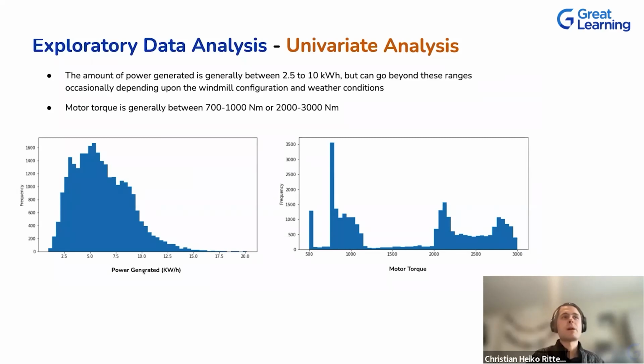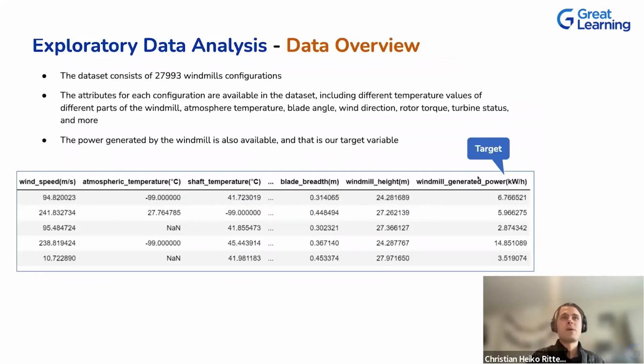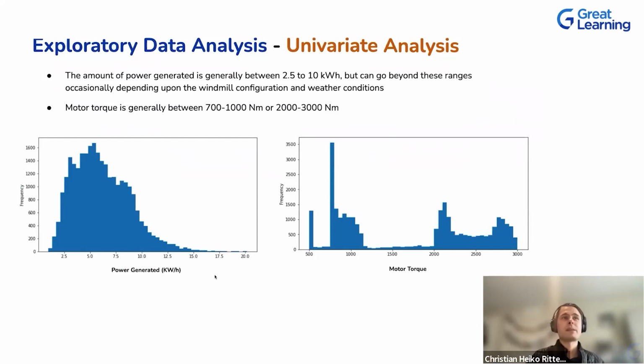So here we have the power generated, which is our target variable. One of the first things you really want to look at is the distribution of the target variable, and identify what kind of distribution it is. Is it bimodal? Are there 2 peaks? Are there 3 peaks? Because the distribution can give you insight into what kind of challenges you might face when you predict those results.